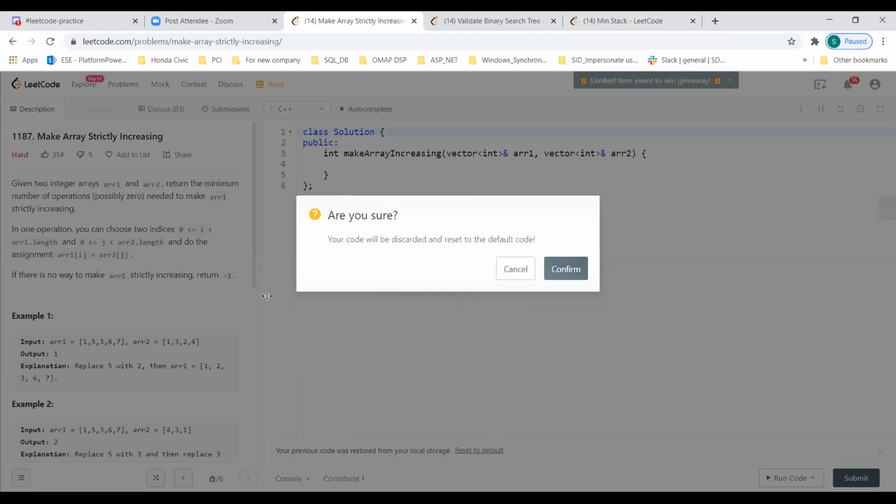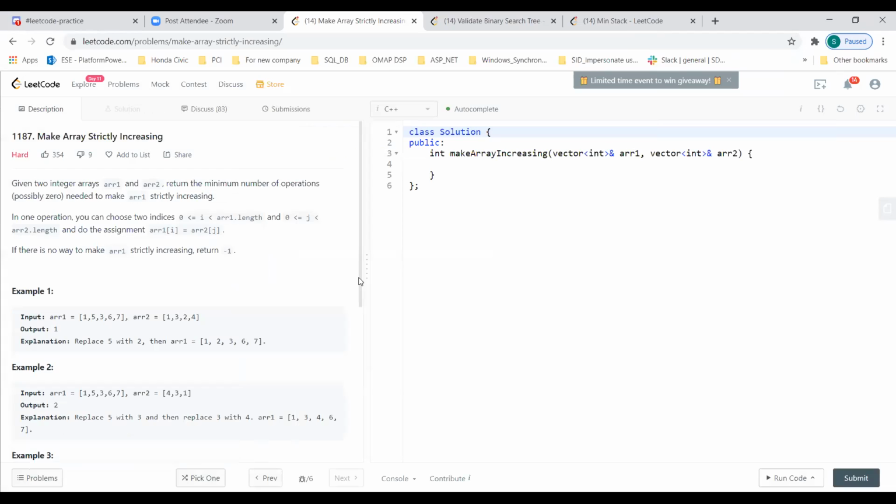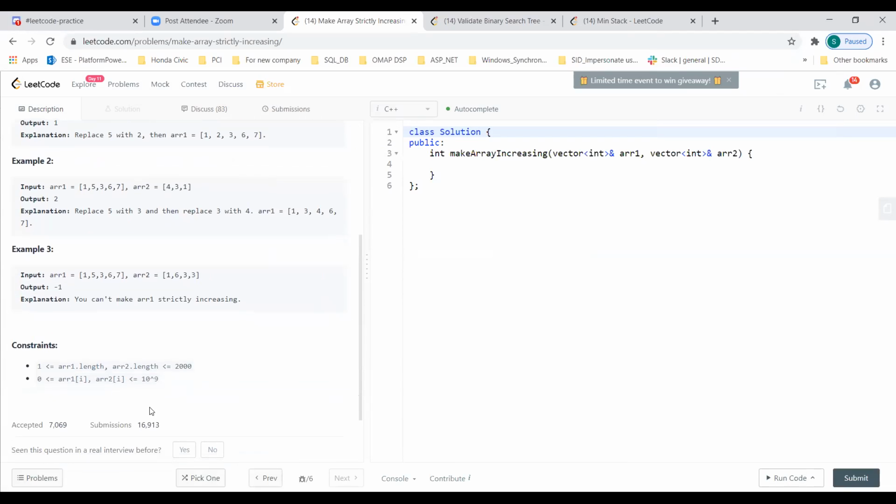Yeah, since it is an optimization problem, we obviously have to use DP. But there is an issue since we are keeping track of the previous element, and each of the elements in both of the arrays can be up to 10 to the power 9. So this is why we cannot declare an array of size 10 to the power 9. So this is why I guess we will use an unordered map here, or we can use a map with a pair of integers to keep track of the current and previous element.